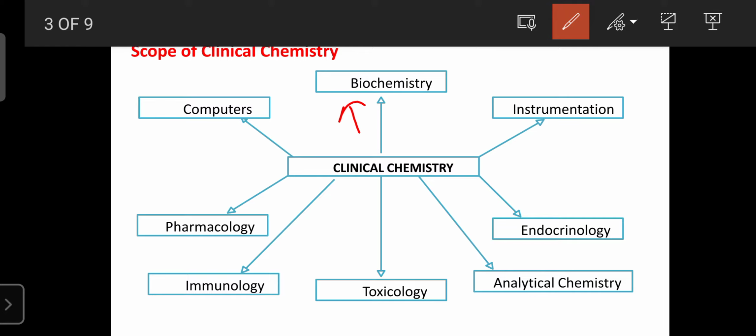Here an example is the estimation of D-dimer. D-dimer is a protein. In a COVID-19 patient, due to breakage of the blood vessels, internal hemorrhage can occur, where the D-dimer protein level increases. So when you subject the patient to clinical biochemistry, we can know the D-dimer level has increased. Then the doctor confirms it is a serious COVID-19 patient, so the patient is isolated or kept in the ICU.